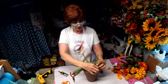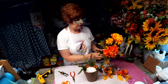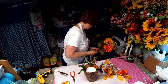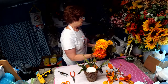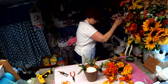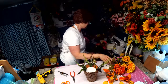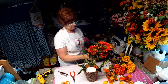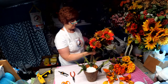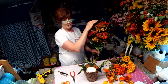I just want some green color off to the side here a little bit. Now I have this one, and where's the other one? Yikes, it had another piece to it. Okay, probably slammed it back in here somewhere, but I thought I pulled it all out. I keep going back and forth between these pieces and this one. This would work, but this is a really nice one. I just had a few pieces, so I think I'm going to use that one. But here's one of those cheater bouquets that I told you about. You see how there's tears off